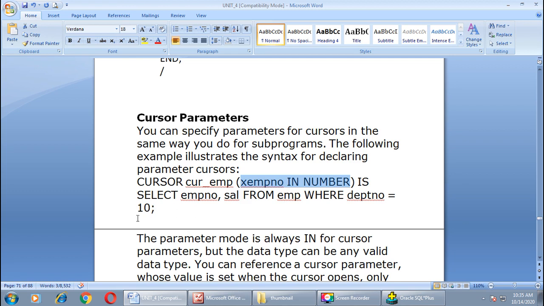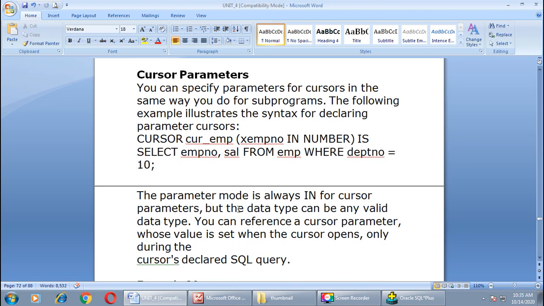So you can see two new things in our current example. One is the parameter and the second one, in the select into statement you can find a condition, that is where department number equals 10. The parameter mode is always in for a cursor parameter.